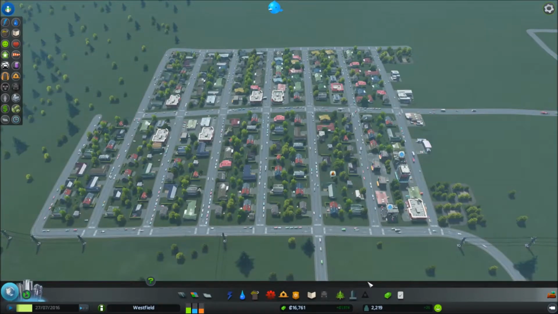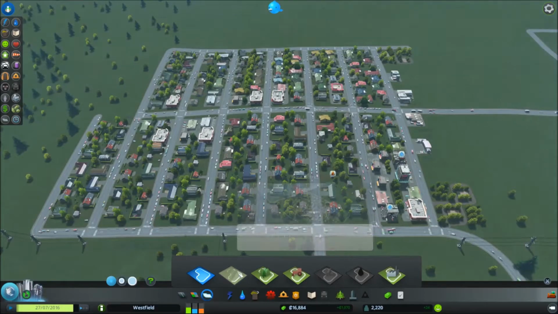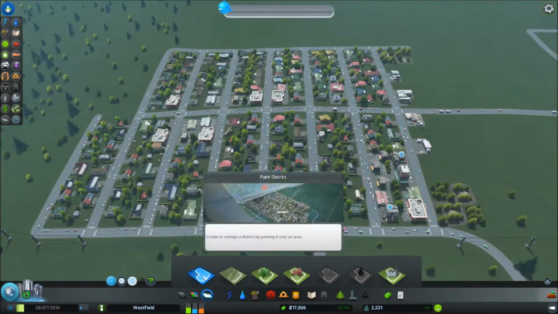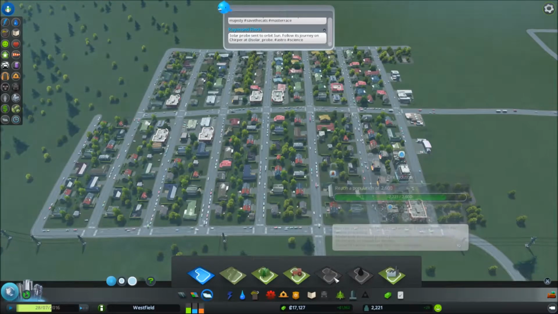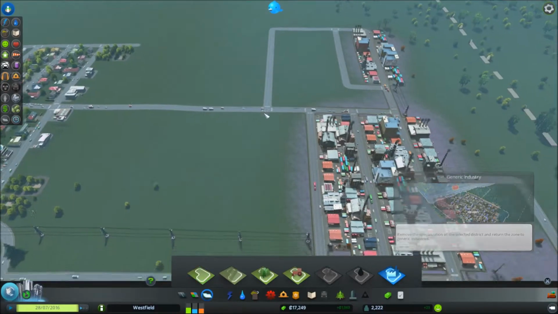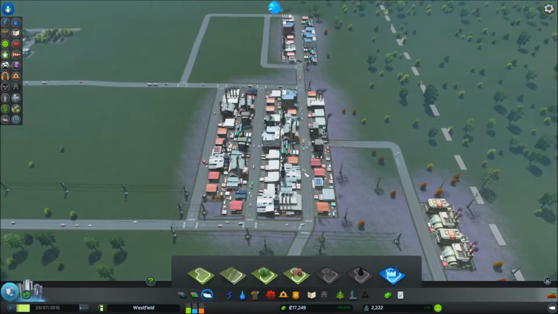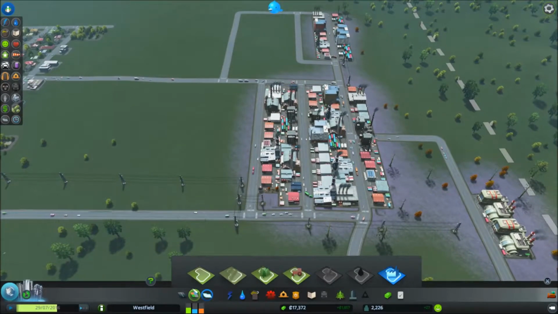Now that I've talked about names, there is something that I have unlocked and not used. Districts. There are possibilities to paint them, delete them, choose a forestry, a farming, these 2 are locked, and the generic industry. So I could make a district out of this area and probably use some...